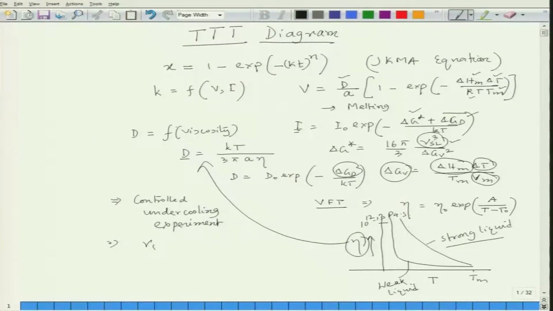For example, gamma SL generally it is related to 0.45 to 0.5 of delta Hm by N0. N0 is the Avogadro number. So, we can get gamma SL also from this empirical formula. So, we know of every bit of it, and then simply by considering, if I consider this equation,